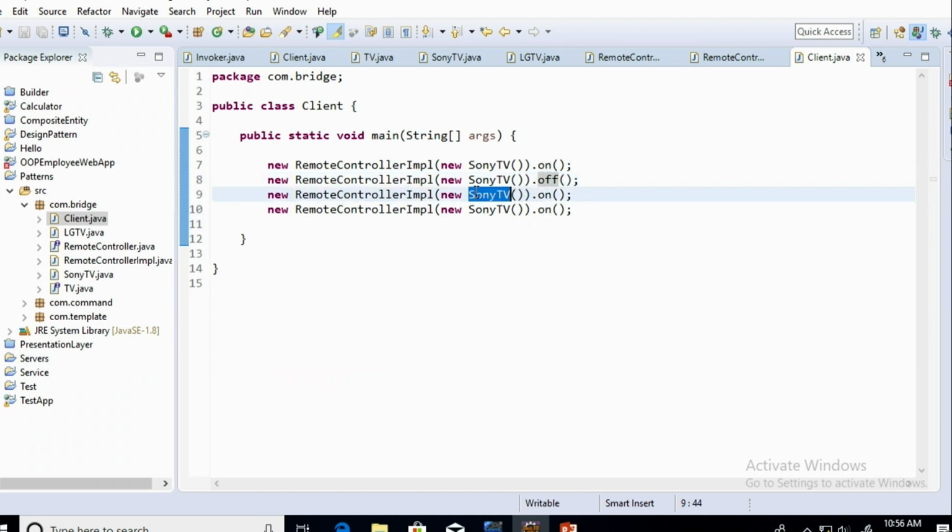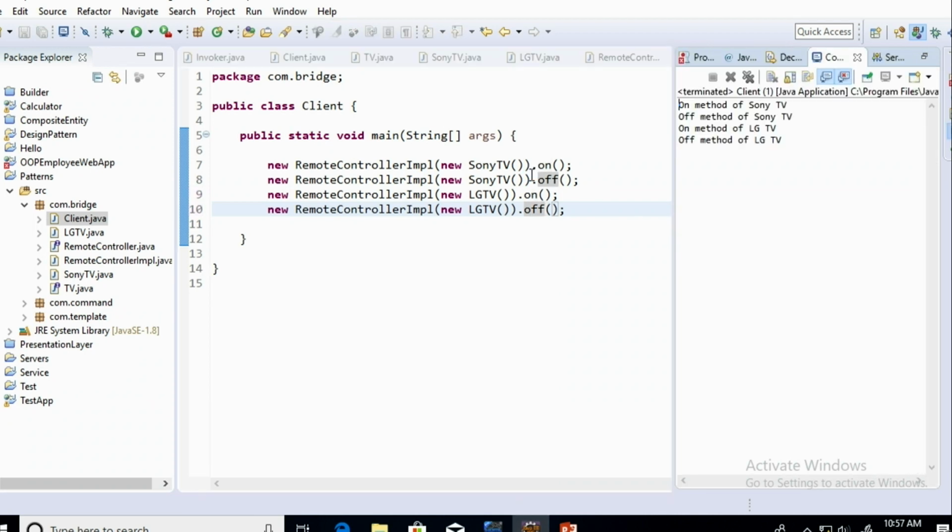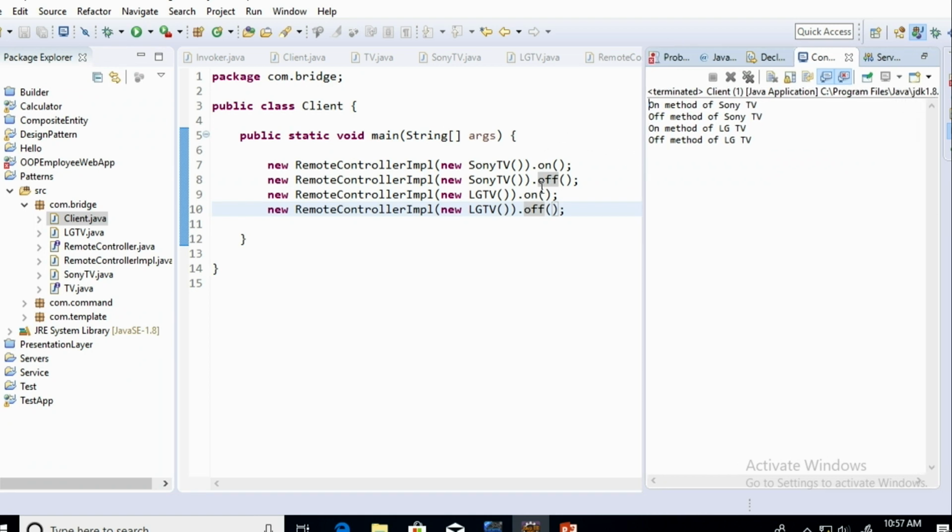And we are going to change the TVs. So it calls the relevant on and off methods over there.